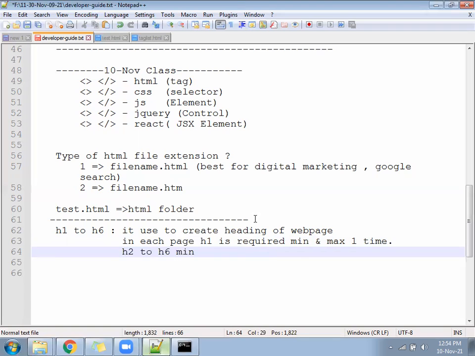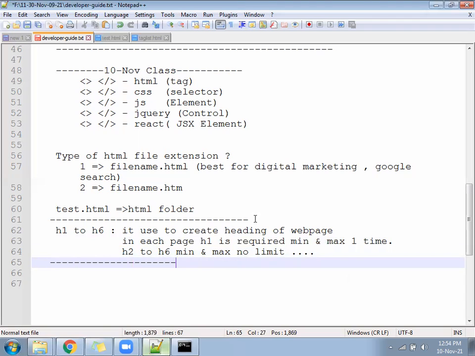Minimum and maximum, no limit. If you are following, no issue; if you are not following, also no problem. But better to keep H1 in every page at least one time, so the user experience will be better. Whenever a person opens a page, he will understand what purpose the page is for.